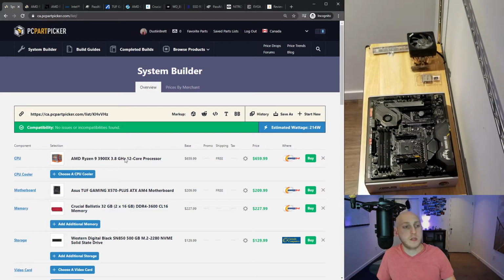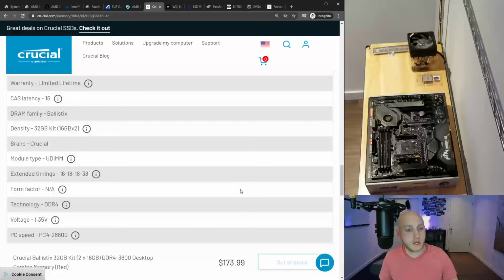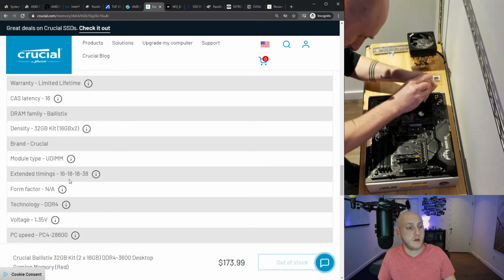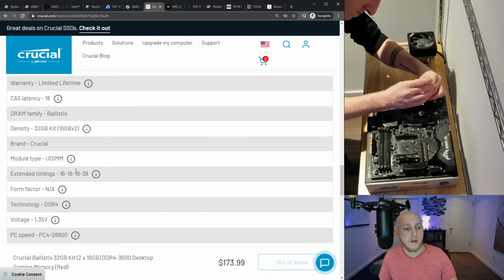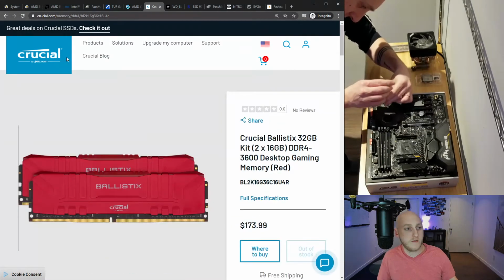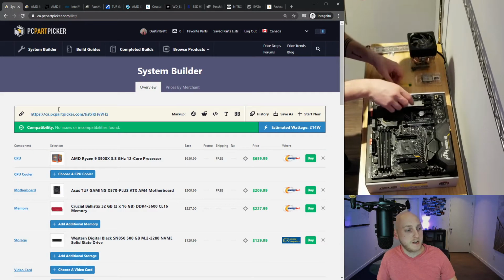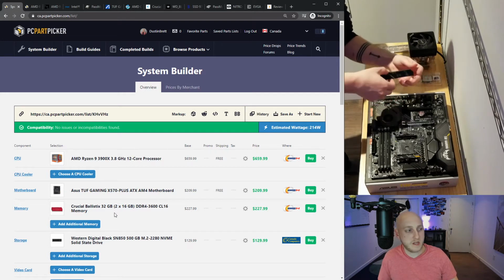And this Crucial Ballistix, I actually looked into it a bit, and this is it here. And it had really good timings, actually. So it was CL16 with 18, 18, 38. And comparing that to some of the other ones, a lot of the other ones were like 19, 19 something. So, I mean, it's minor anyways, but these just seem better, to be honest. And I'm not a big RGB person or anything. There's not even a window in my case. So it's just under my desk. So I'm okay to not have the RGB and just have the better timings and have a little bit improved